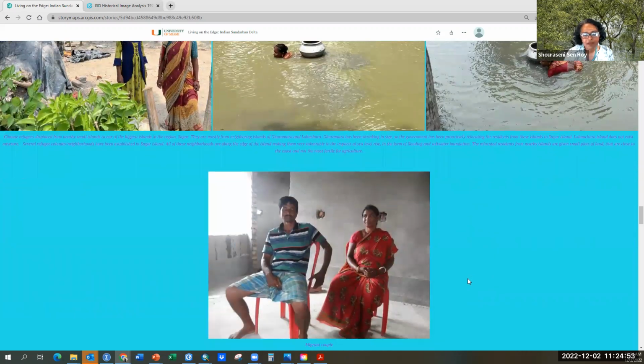Other than forced evacuation, a lot of times what is happening is that many of the younger residents are leaving the islands in search of other jobs, because once the land gets inundated with salt water, they can't grow crops, so they have to look for other job opportunities. So this is what they call a migrant couple. They left the islands to go to other parts of India.